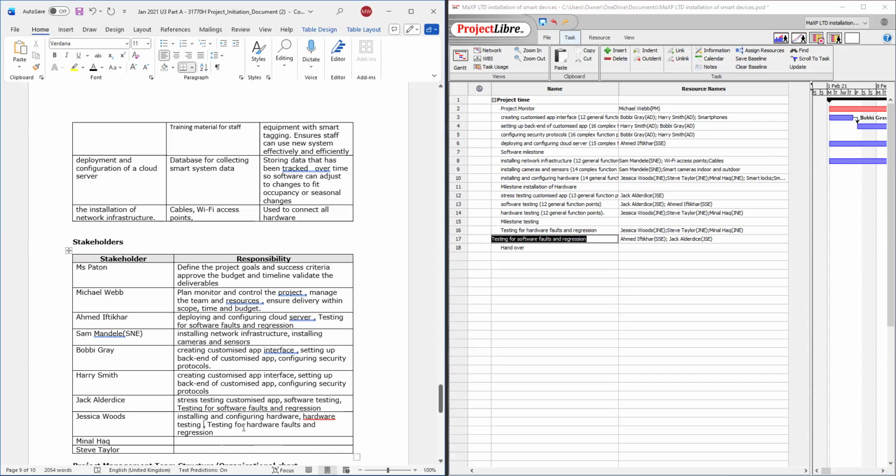All right, so that's what they do. See, so 1, 2, and testing for hardware regression. Hardware testing.